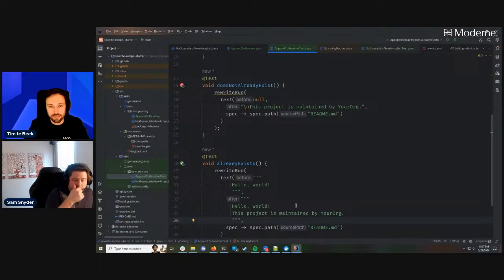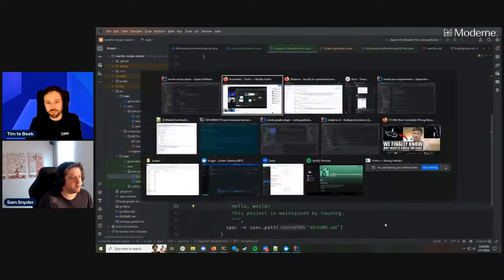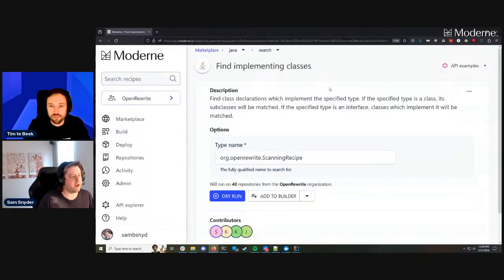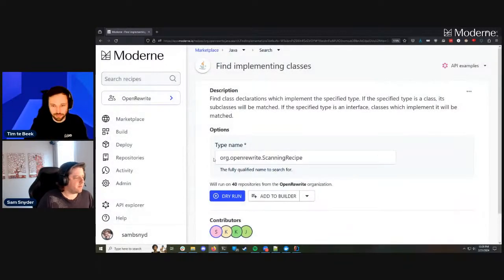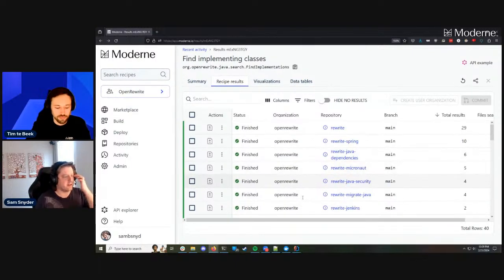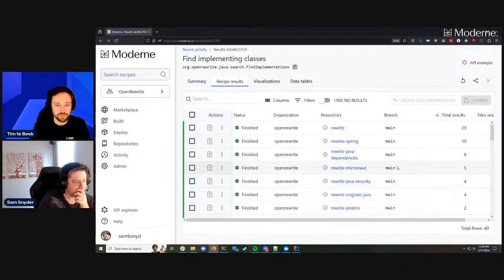Now, there are quite a few places where scanning recipes are used, and so if you ever want to find examples of scanning recipes, you can use this find implementations method, or this find implementations recipe, searching for scanning recipe on the OpenRewrite organization, in the app.moderne.io tenant, in order to find examples to reference. And so, I thought I might do this right now to find a good example